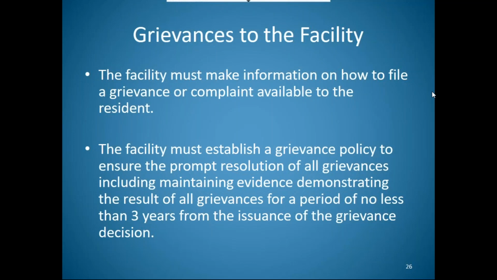But you should have somebody in your facility who the residents know to go to in order to file a grievance. And most of the time, for little grievances like this, and I'm saying little, but some of them are not little, a lot of times it's your activity director or your social services person. That's usually who the facilities have designated for that. The problem is there's no documented evidence that these grievances are even being looked at.